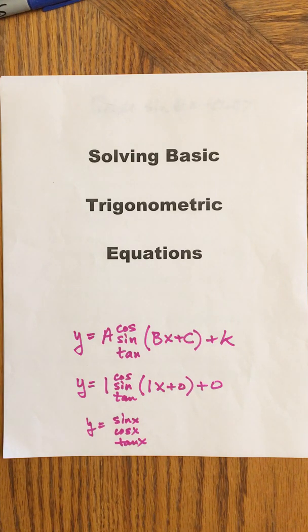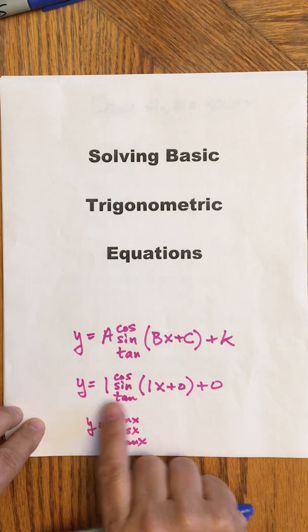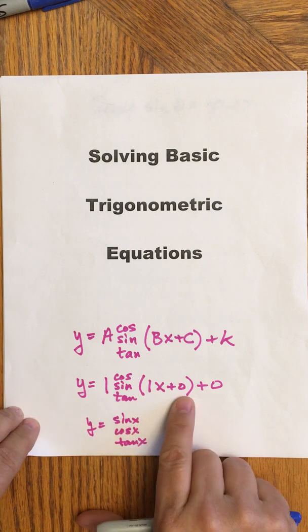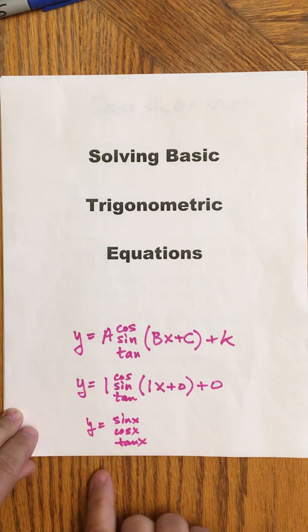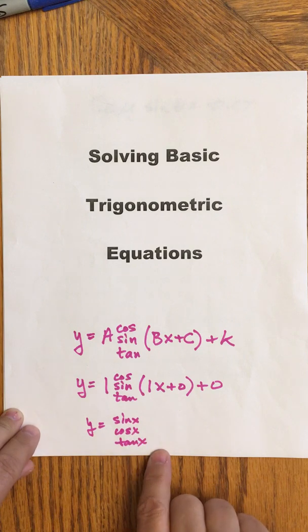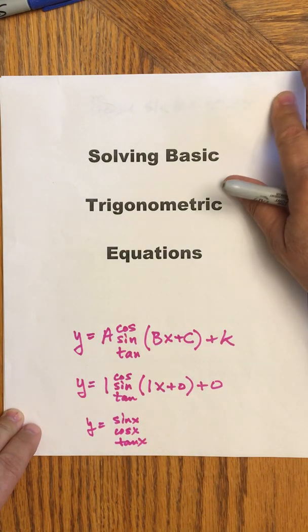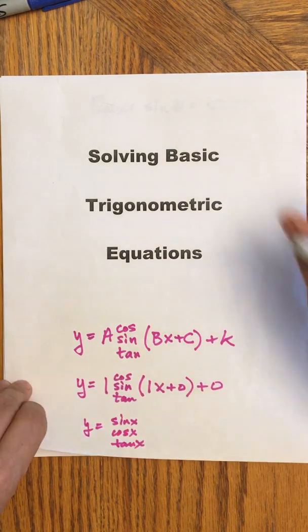Hello, in this video we're going to solve a basic trigonometric equation. And again, by basic, that's where a and b are coefficients of 1, c and k are coefficients of 0. So you're solving for sine, cosine, or tangent of an angle equal to a number. Alright, so specifically what we're going to solve for